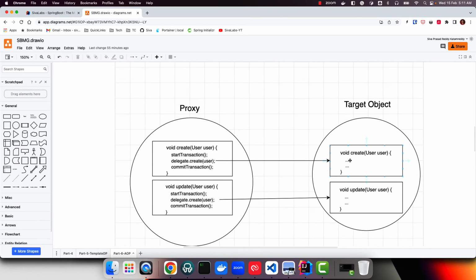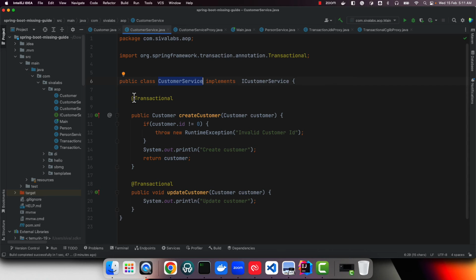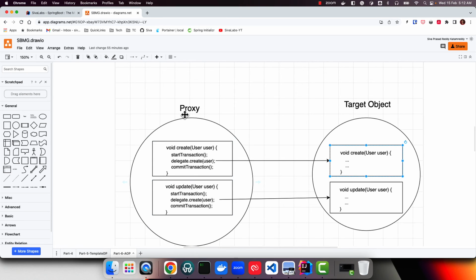It doesn't have any logic about transaction management or security or anything at all. Okay, and then when Spring starts the application, it checks that it has either a transactional annotation at the class level or method level. So it understands that it needs to create a proxy for it. So it will create a proxy using Cglib, and then it injects the logic into this proxy, and before calling any of these methods, it should start the transaction and delegate the call to the actual target object and then